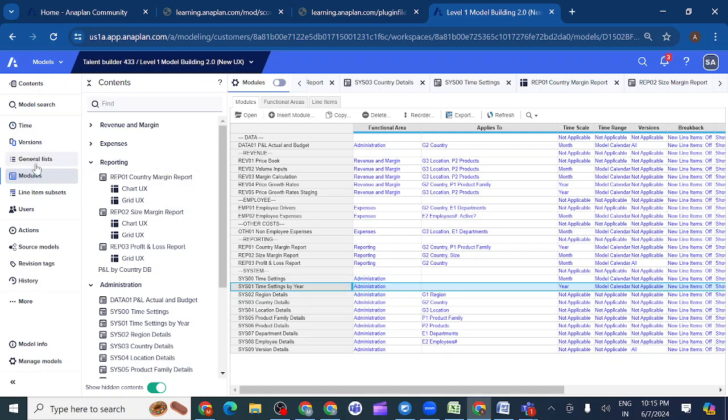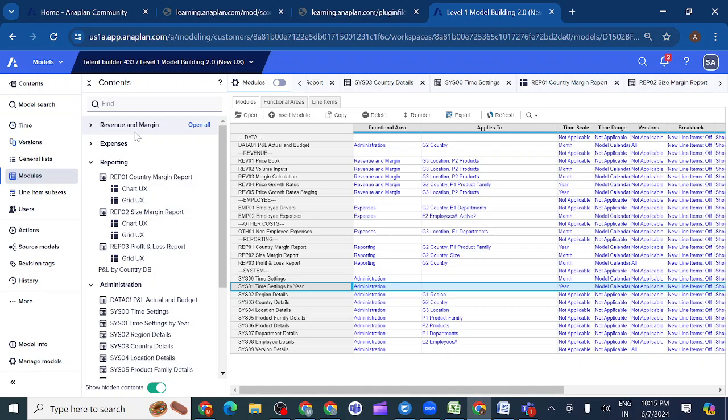So we create the time modules, the version modules, and the general list modules. Whatever relates to general lists, versions and time, we create as system modules, and we use them multiple times wherever we require, across the entire model. So this is our basic thing.